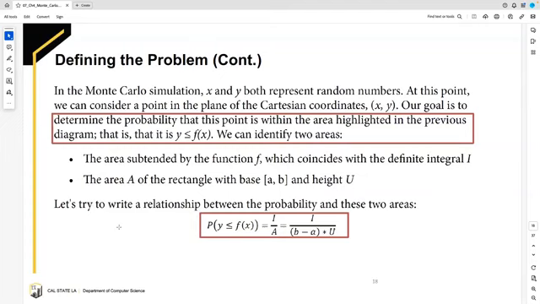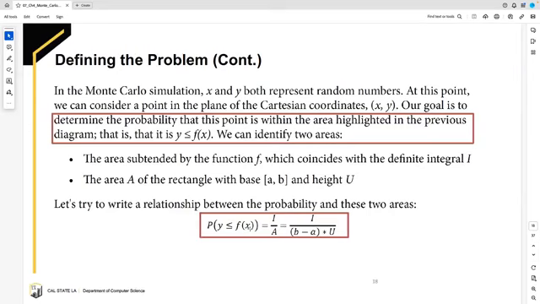And if we want to write what we just said at the beginning mathematically, then this is what we are interested in: the probability of y's that are less than or equal to f of x, right? So in fact, if we remember, the probability is the number of outcomes that you're interested in divided by the size of the sample space, right? In this case, instead of working with some discrete numbers, we have this continuous part